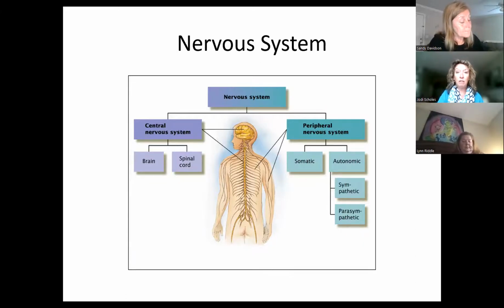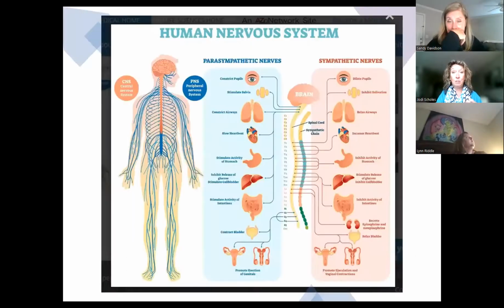We can have mechanical effects that are a benefit, to the spinal cord, to the vertebrae, right? When a chiropractor makes an adjustment, that's a mechanical effect. But we're going to be looking at the sympathetic and the parasympathetic nervous system, which is a part of our autonomic, meaning it's working automatically. And it is important to know the difference between these two. So these are the organs of each. And we'll see a closer chart of this in just a minute.